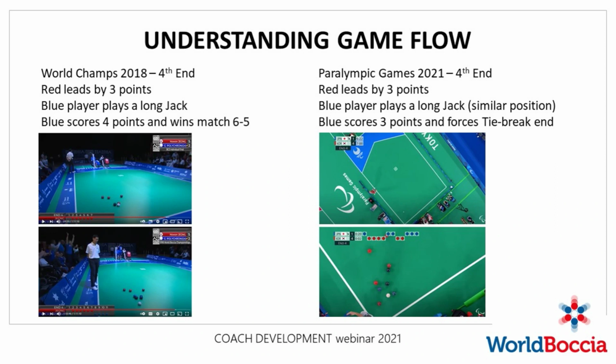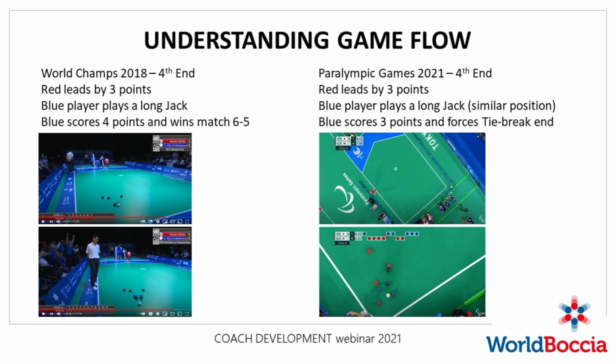Red leads by 3 points heading into the fourth end. Obviously the blue player is chasing points and decides to play a long end, even though their preferred jack position is probably a lot shorter. They realize that they're down by 3 points and chasing some points, so they've decided to play long. And in this end, blue scores 4 points and wins the match